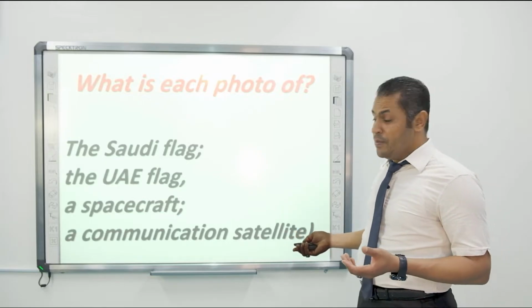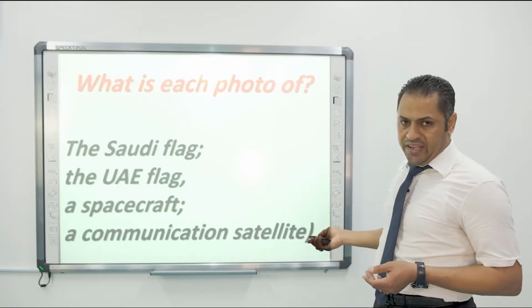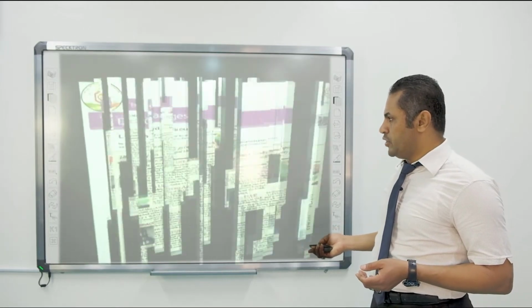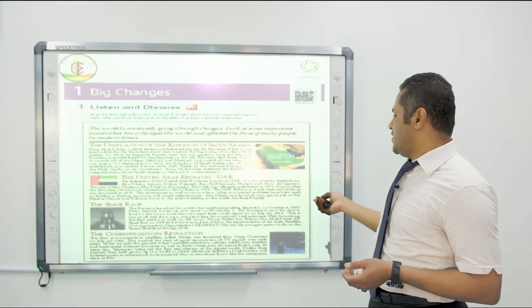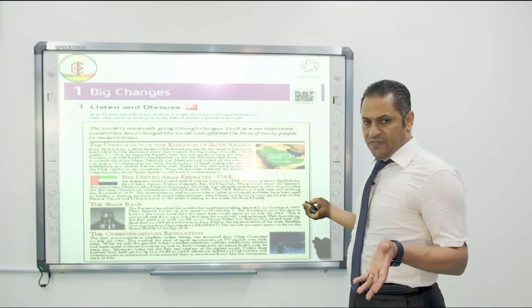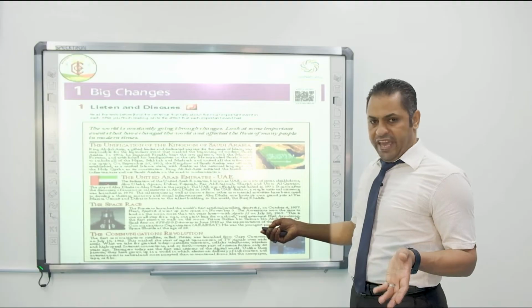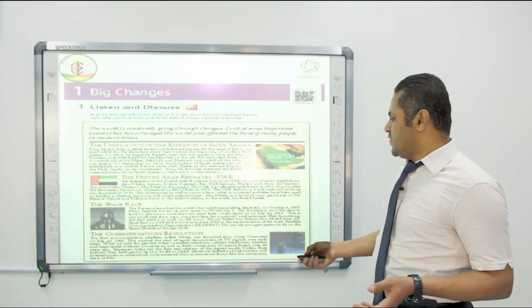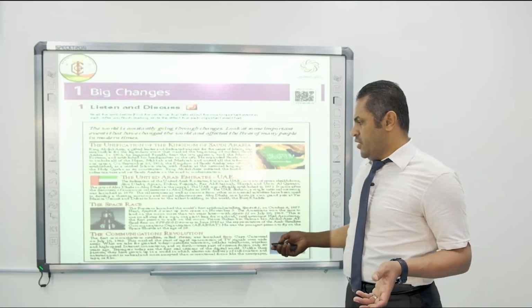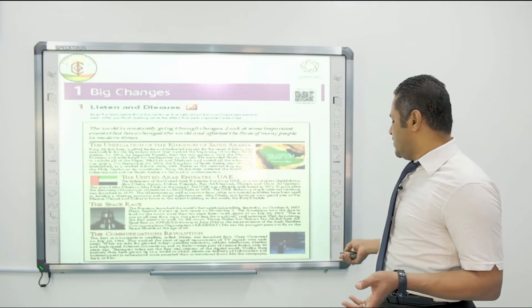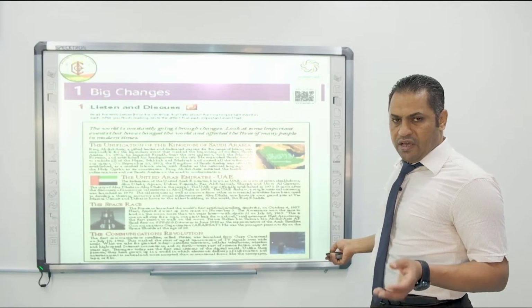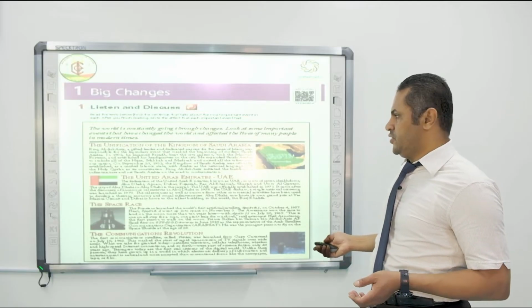The last photo is of a communication satellite, as you are going to see now. Yes, this is the Saudi Arabian flag. This is the UAE flag. This is a spacecraft, and this is a communication satellite.